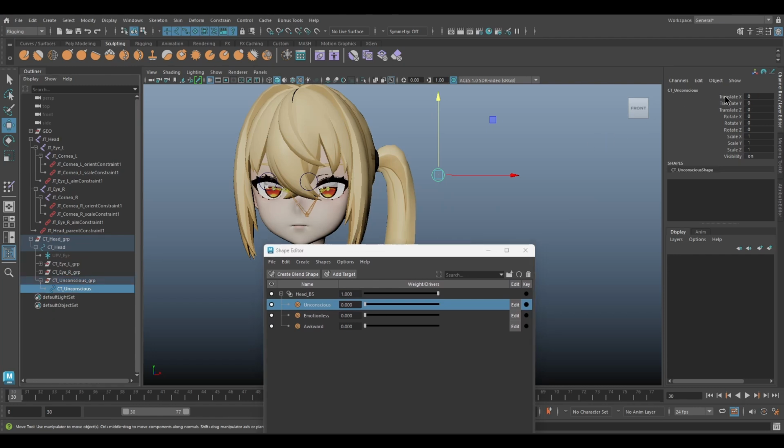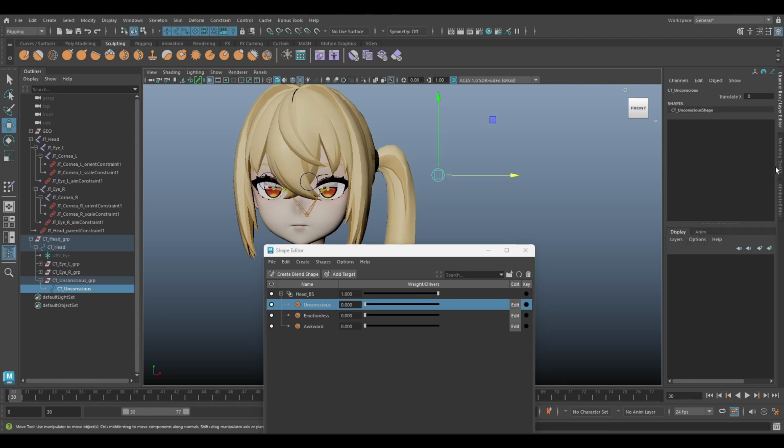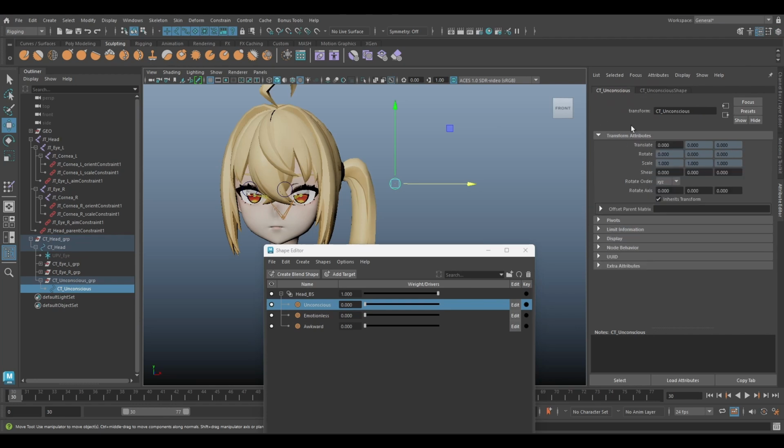Right in here, I will use the translate X so we can lock and hide the other. Here in the limit information, we can set the limit for translate X. So the minimum will be 0.